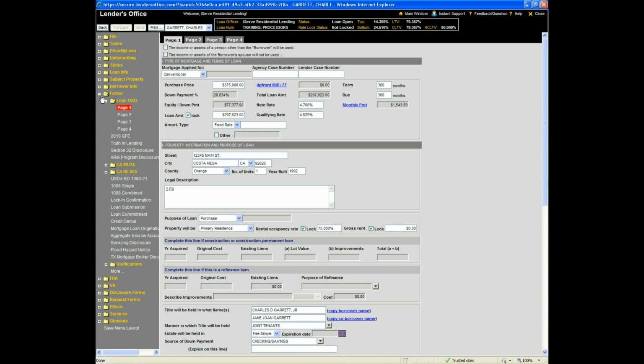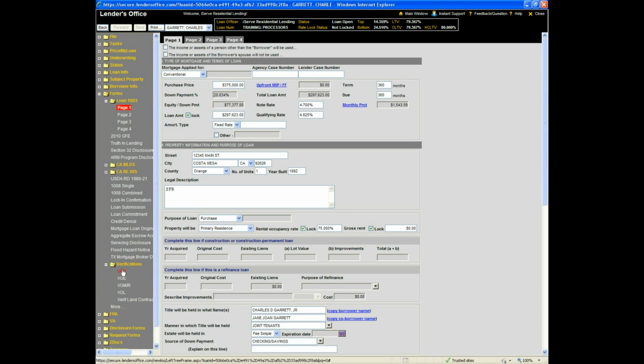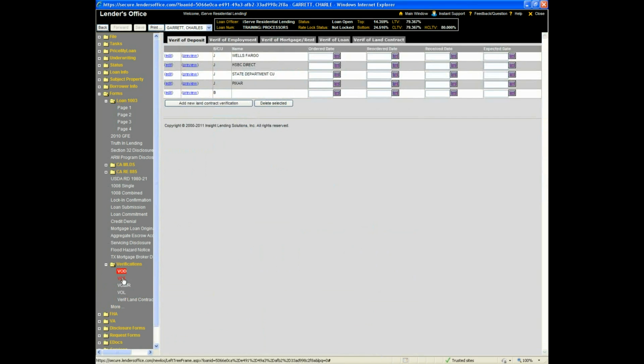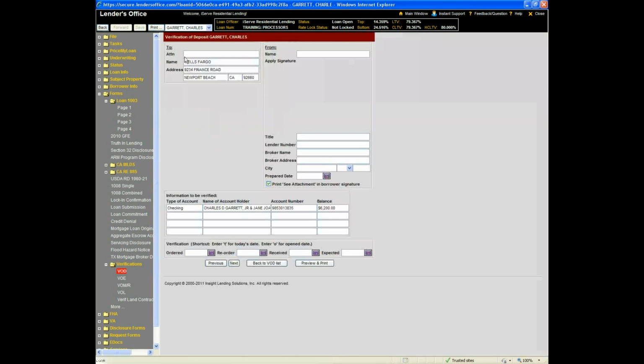Let's take a look at some of the verifications, just because we want to see where you can find all of that. Inside of the forms folder, we click on the verifications folder as well, and that gives us access to the VOD, the VOE, and all of that. Because we've already completed the 1003, we have all these records on the file. We can pull up any of these VOD and VOE records. If I click on edit, for example, for this Wells Fargo verification of deposit,